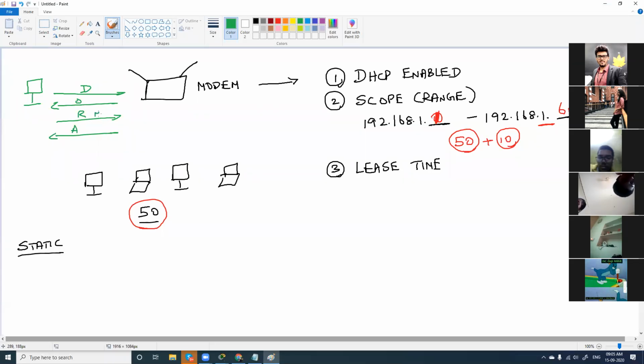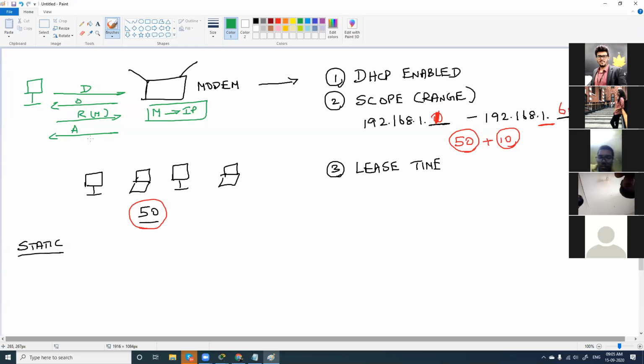When it is requesting, it gives its MAC address. The modem takes its MAC address, links it to an IP address, and assigns this IP address back to the computer.